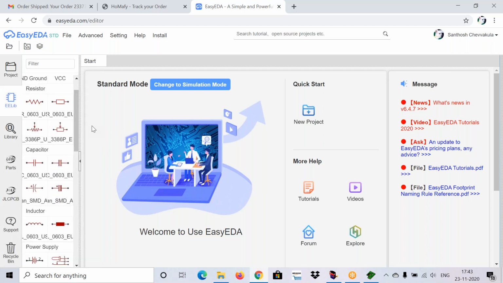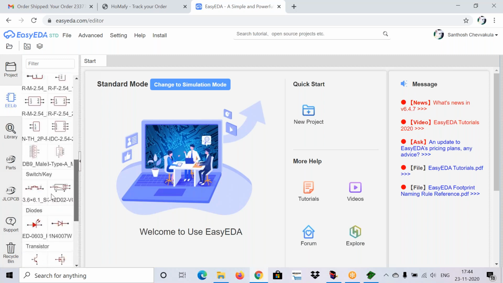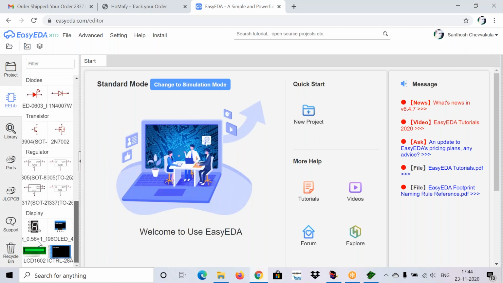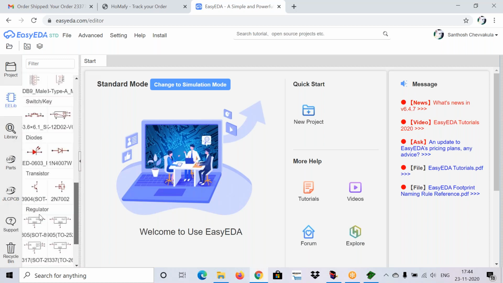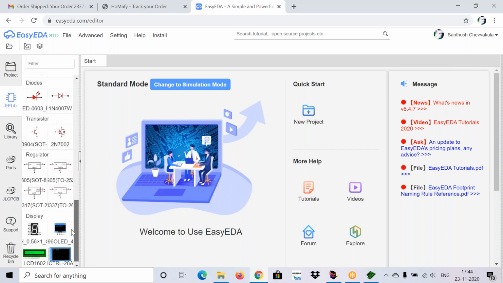Basic electronic components. And coming to the next option, suppose if you want to design an astable multivibrator circuit in EasyEDA, then we need a 555 timer, right? Can you observe a 555 timer in EE library or EasyEDA library? No, right? There is no 555 timer in EasyEDA library.